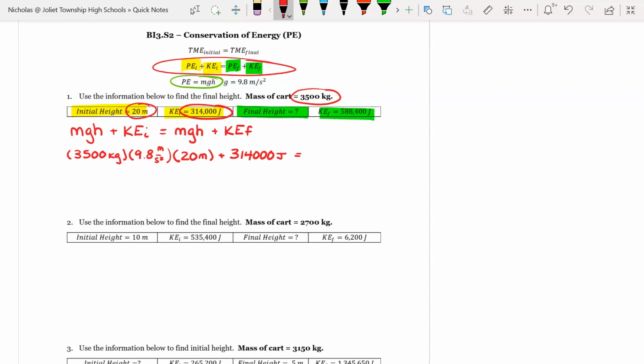So let's fill in what we know. We know that the mass is going to be 3,500. g is going to be 9.8. We do not know the ending height. That's what we're trying to find. That's what the question asks for. And then we're going to add that to the ending kinetic energy, which is 588,400 joules. If we multiply out the left side of the equation, we're going to get